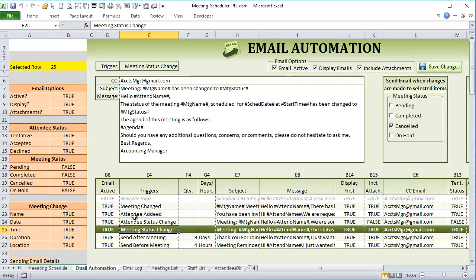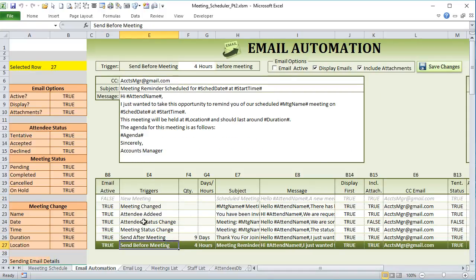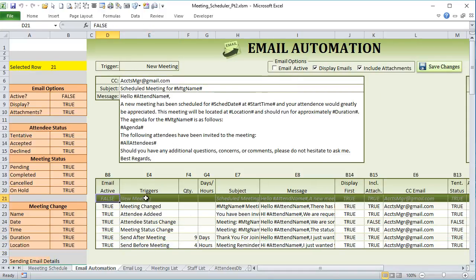Now I've added additional conditional formatting. If this is false, it's going to be in gray because that means this trigger is not active. Nothing will happen. So that means every time we create a new meeting, nothing's going to go out because it's not active. So I can create a new meeting,